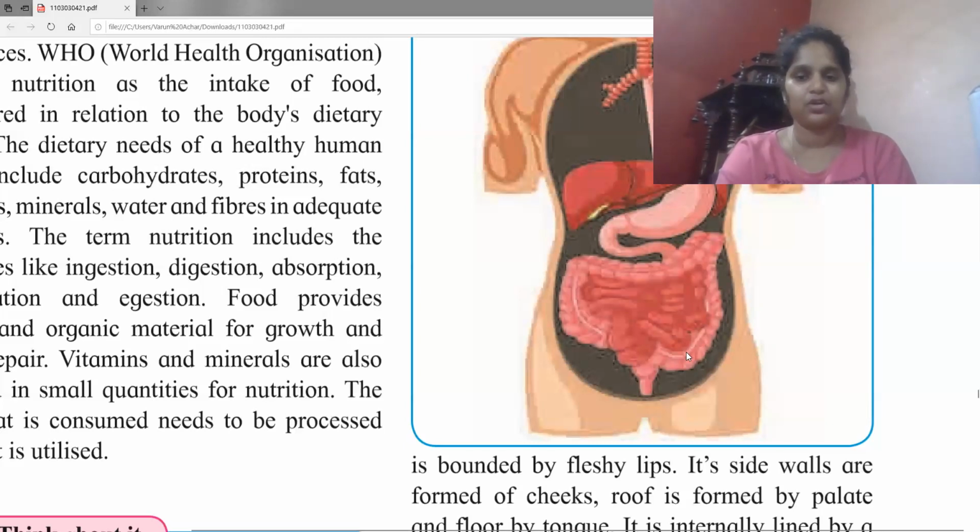Now the last part of the colon gives you an S shape like that. So that is why this is called the sigmoid colon. Sigma is a Greek letter and it signifies S in our English language. So that is why we will be calling it the sigmoid colon. And then finally you have the rectum where the feces will be stored for some amount of time.